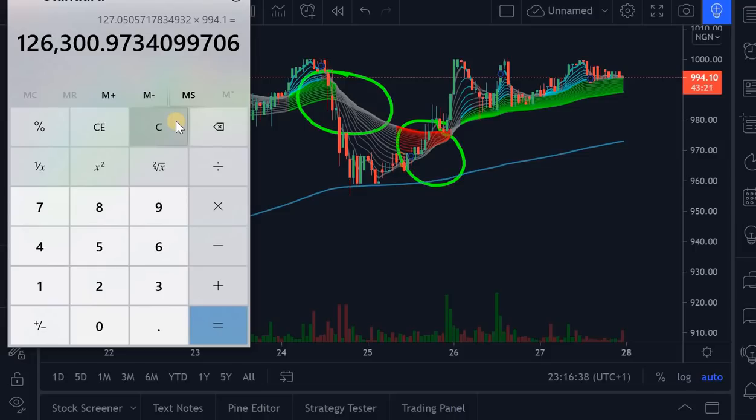What we are going to be getting is 126,300 naira. Now this is very good because we grew our initial money of 100,000 naira to 126,000 naira. Now this is over 26,000 naira in profit. That is 26% return on investment in just a short period of time. If I tell you that in less than a month you can make 26% return on investment, won't you be amazed? You will be very happy if you had known this earlier, that you can use this simple strategy and